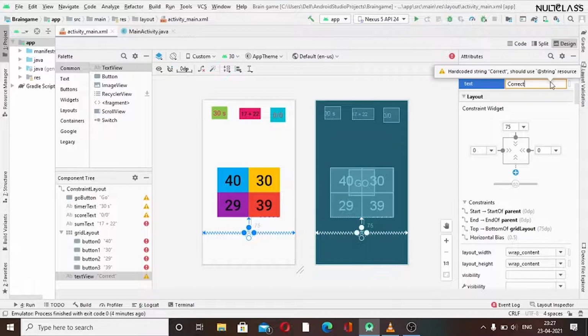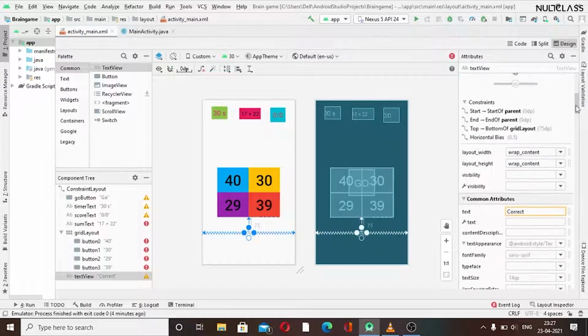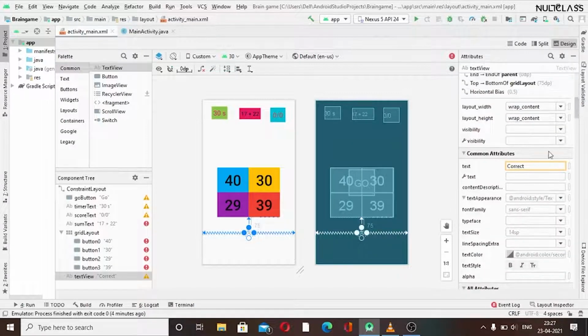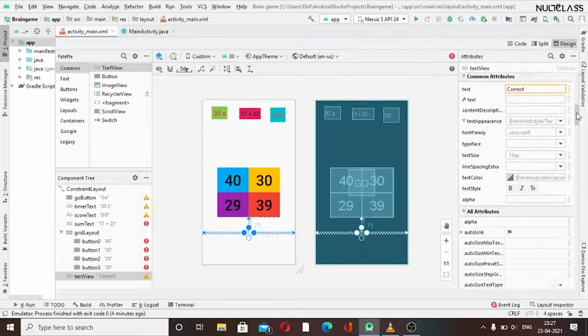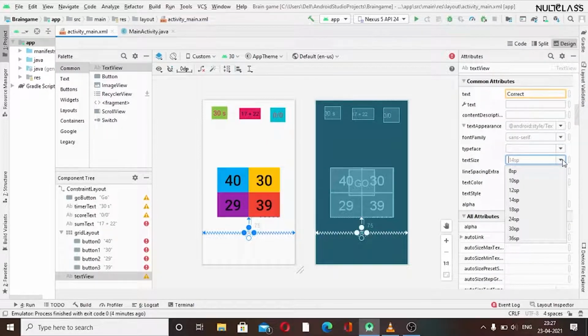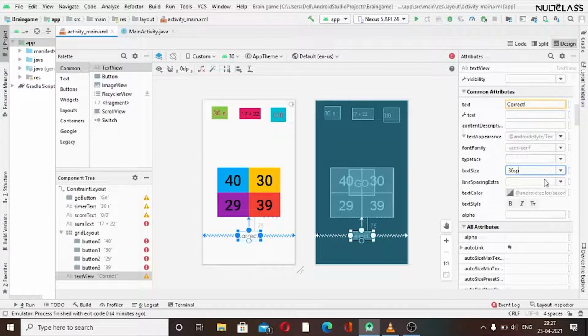We have given that correct, and for the text size we have to go here, and I think 36 sp is a bit small. Let's give 50 sp. Yeah, I think that looks good.